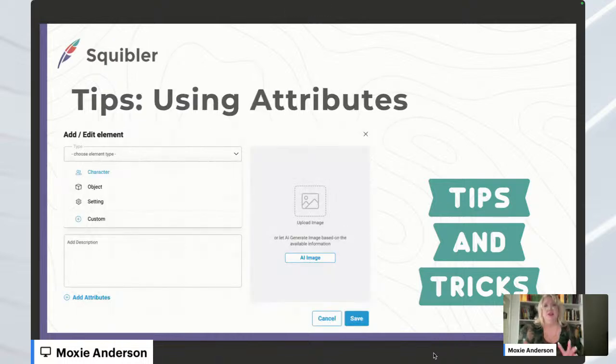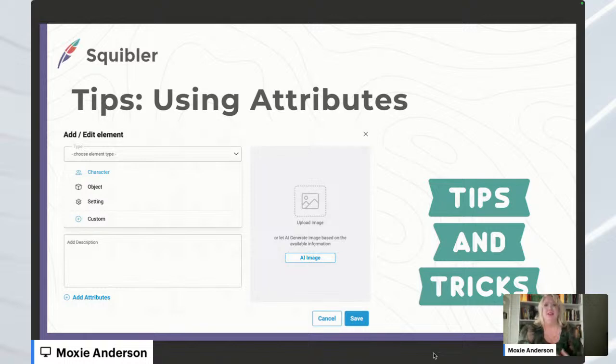So one thing that you can use as you're setting up your element is this attributes section. The attributes list here on creating an element is infinite. So you can really delve in deep with your character development. You can put things like hair color, eye color, astrological sign, personality, and so forth, and create a very strong description for your character. The AI is then going to use all of this information as it generates text for you, as it generates dialogue for you, and even as it generates images for you.